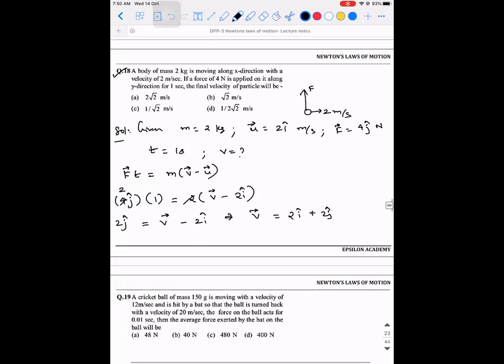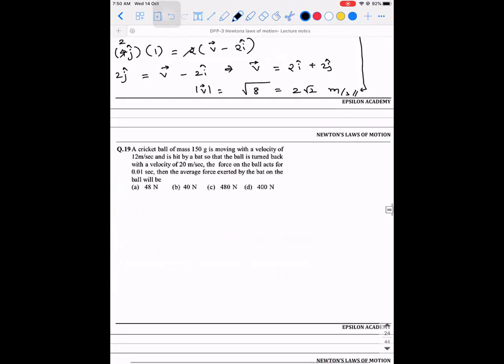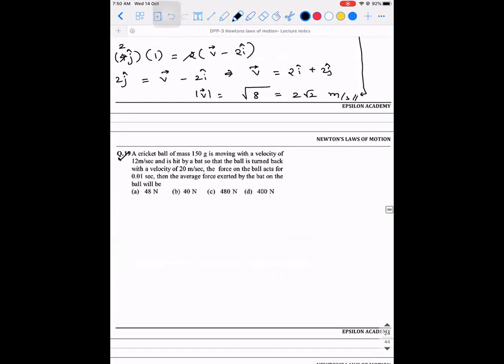Harini, is this the way you did? Sir, I found out the acceleration and then applied v is equal to u plus at. Okay, that is also right. Or else you can go this way. That is what I meant by using vectors. So velocity vector will be 2 root 2 meter per second. Impulse is a very important concept.